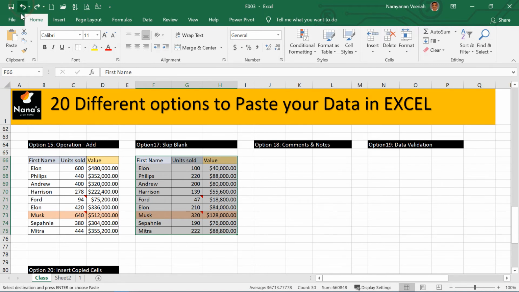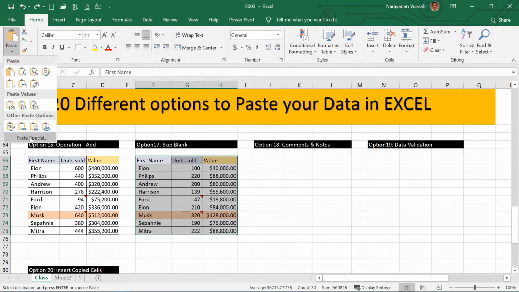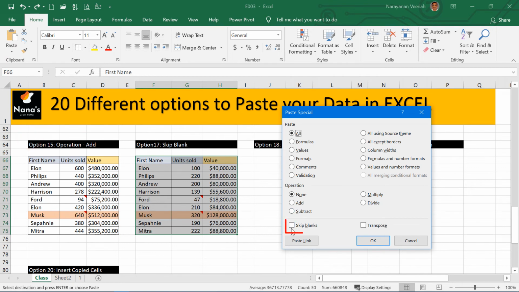Let me undo this and then go to the option again. This time I select skip blanks. So what will happen is even if I have a blank in the source, if I have data in the destination, the blank will not overwrite the destination. So this 100 will remain 100 instead of becoming a blank there.